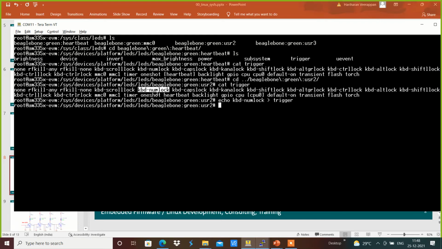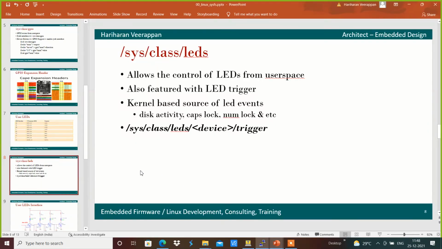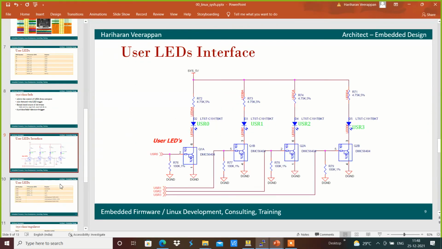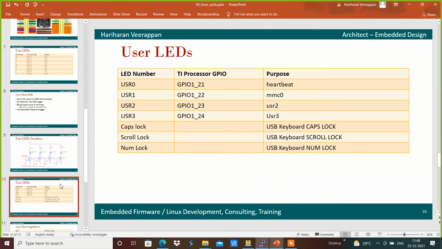Like that we can link it with the help of sys class LED trigger. Using that we can achieve that accordingly over here. And then we have all the LEDs which have been created with the GPIOs over here.